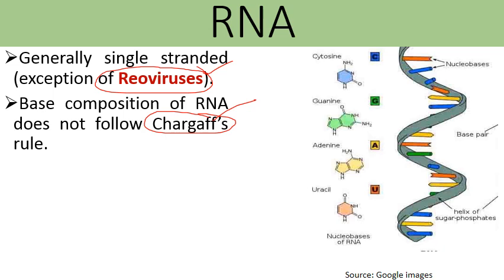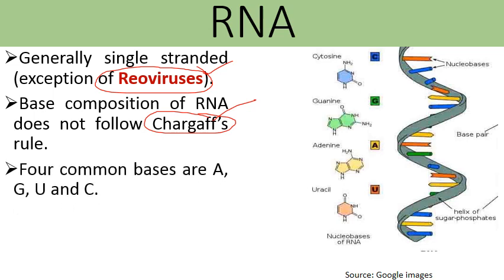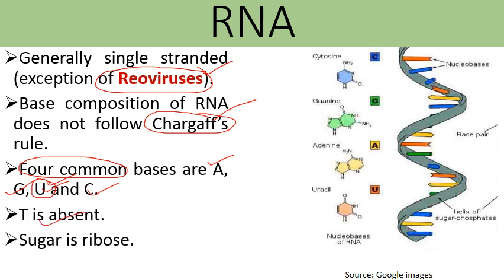So जो base composition है RNA की, वो Chargaff rule को follow नहीं करती है. That is, जो ratio है adenine का or means purines or pyrimidines का, that is not equal. So there are 4 common bases which are present in RNA, which are adenine, guanine, uracil, and cytosine. So thymine is replaced by uracil in case of RNA. Here thymine is absent. Then the sugar in the RNA is ribose type. So these are some differences